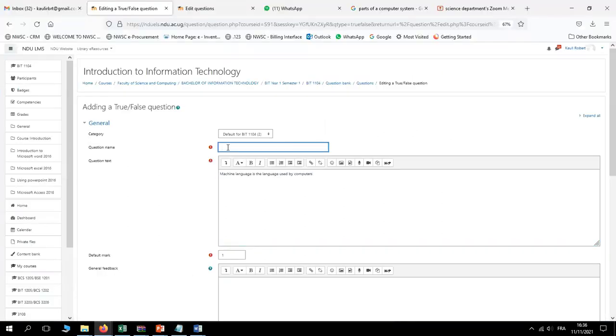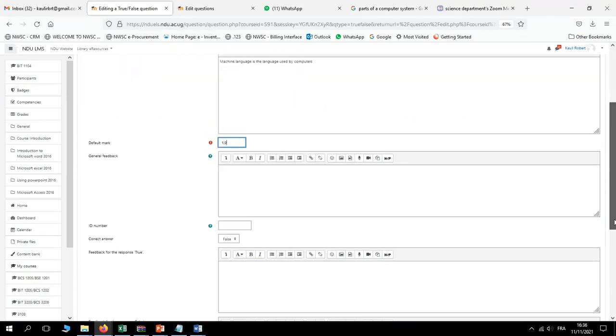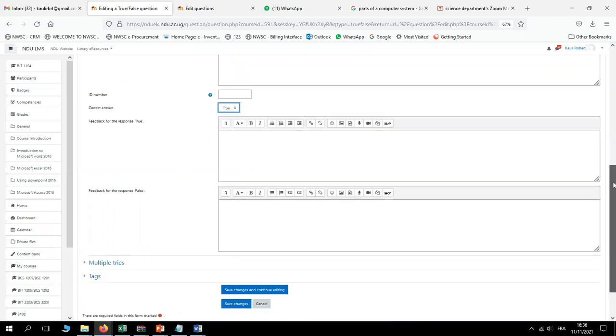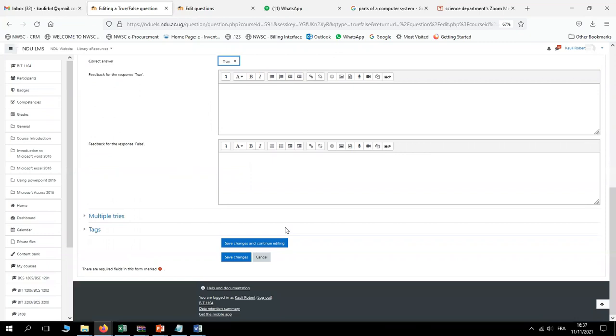This one, I'm going to call it question number 2. Then maybe this one, I want it to carry maybe 1.9. Then the options we have. What is the correct answer in this case? Okay. So is it true or false? I think for my case, the answer is true. Then it is as simple as that for true or false. Then let's also look at